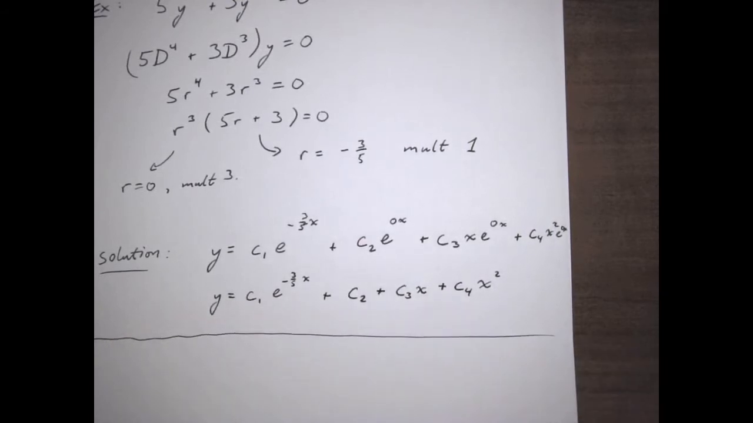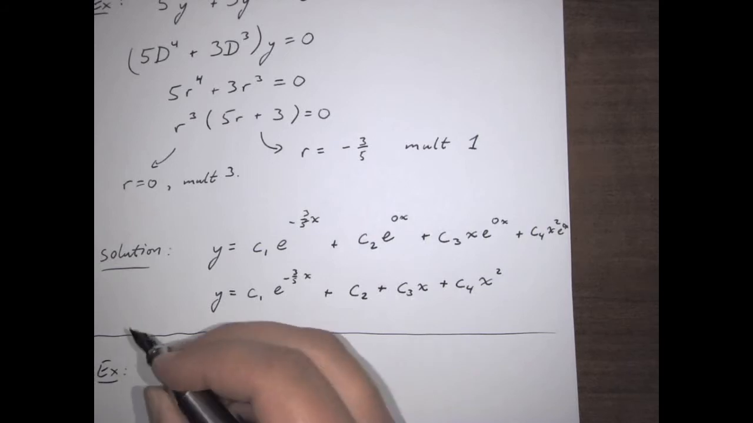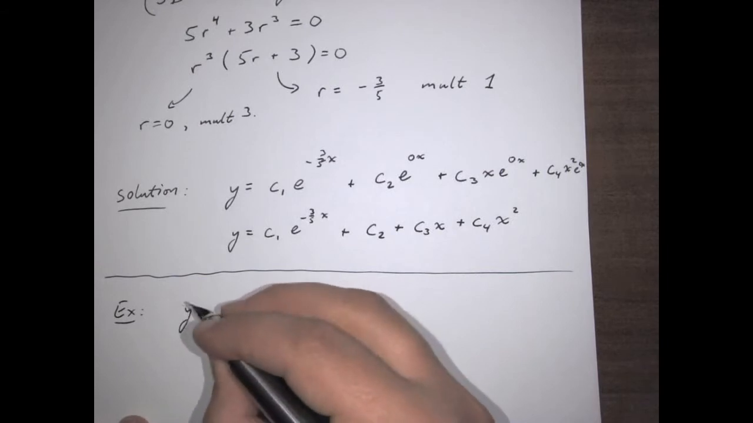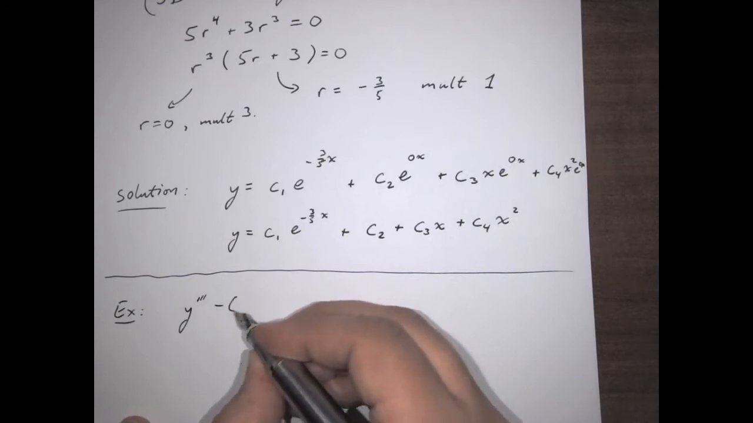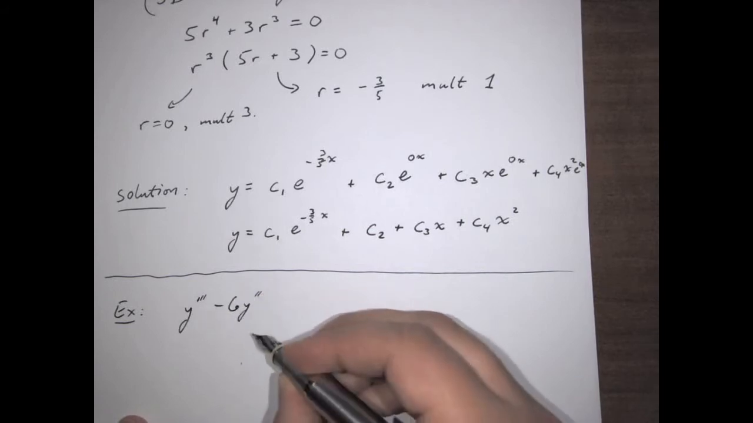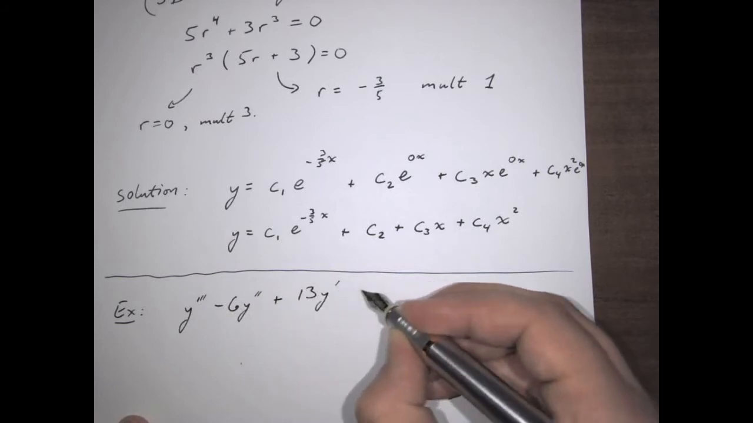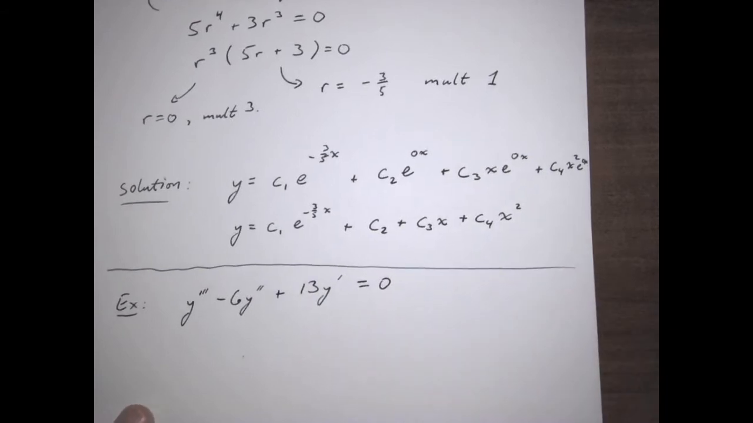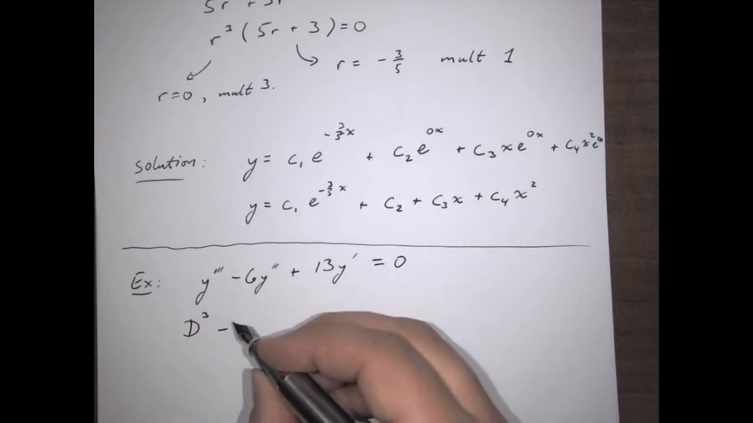Now let's look at a case like this. As another example, let's go: y triple prime minus 6y double prime plus 13y prime equals 0. So once again, if I rewrite this in a differential operator polynomial form,